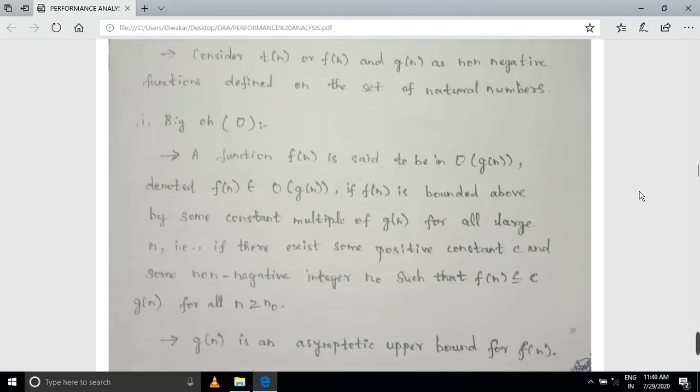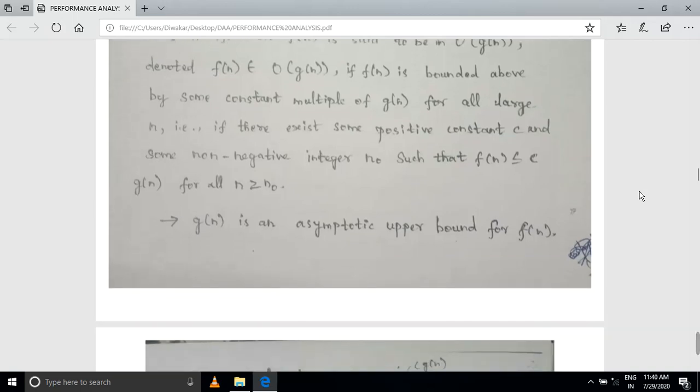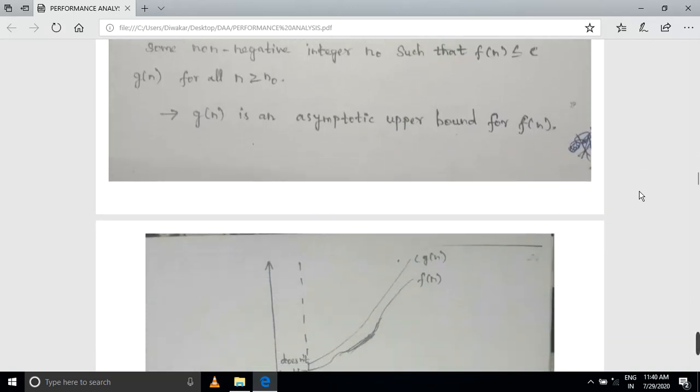First, the big O function. Big O is a bounded-above process, also called the upper bound. So you have to listen. In this method the condition to follow is f of n less than or equal to c times g of n. Then f of n is big O of g of n, bounded above by some constant multiple of g of n, for all n, with some positive constant c and a non-negative integer n naught. This is the asymptotic upper bound condition.